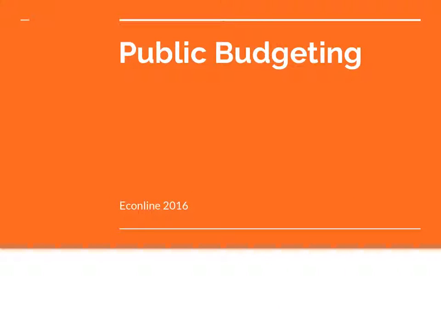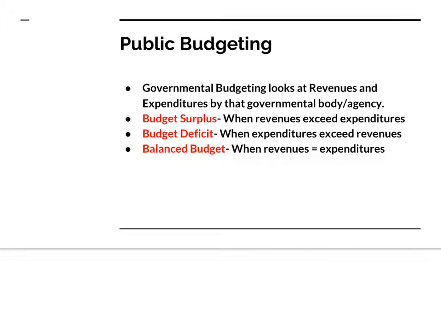Public budgeting, which the word public we're probably all familiar with, but the idea of public versus private in an economic sense is public for the most part means government or government funded, whereas a private entity such as a private corporation like a Google or an Apple is owned by private individuals. So public budgeting is looking at governmental revenues and expenditures,